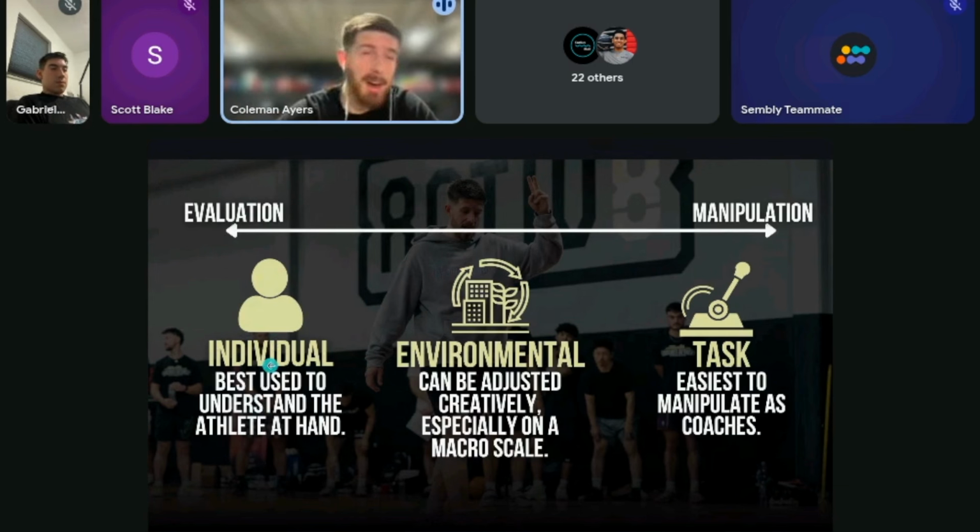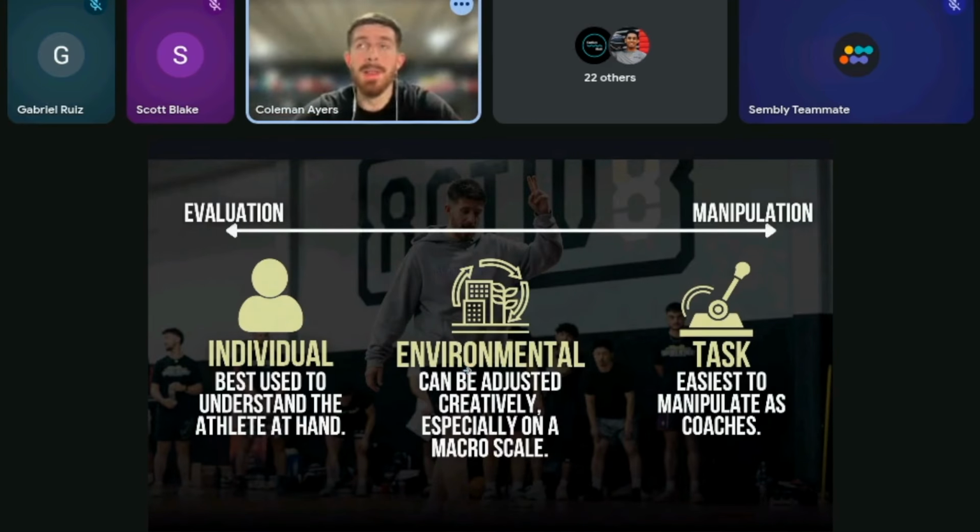Individual, very hard to manipulate here. You can't say, all right, I'm going to have you play this one-on-one drill with longer arms. It just most times does not happen. So this is more, okay, what's your profile of individual constraints that we need to understand as coaches to best serve you? Environmental, a lot of this is learning where they've come from, the environment that they've grown up in